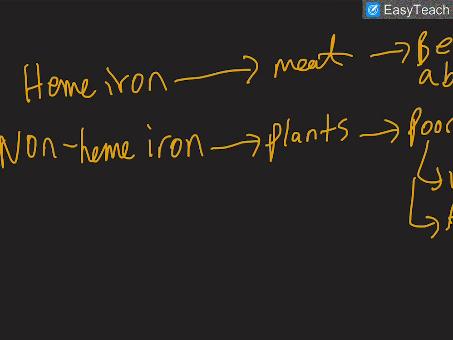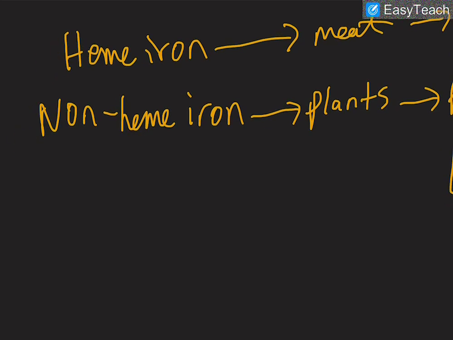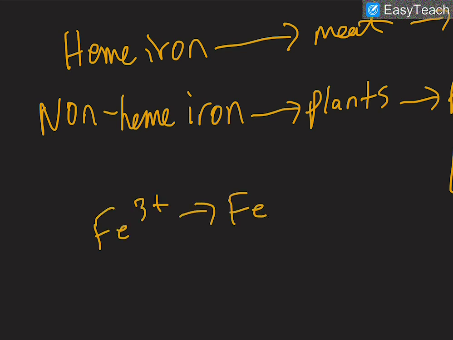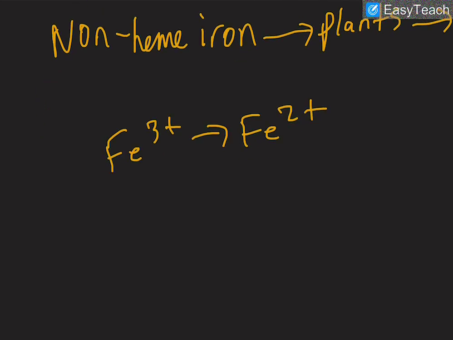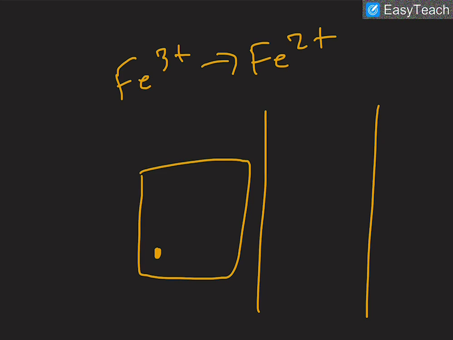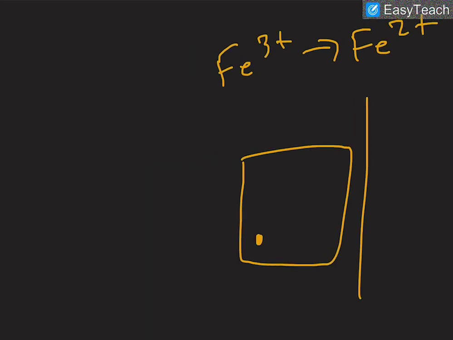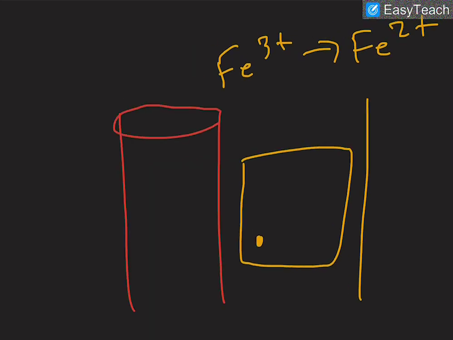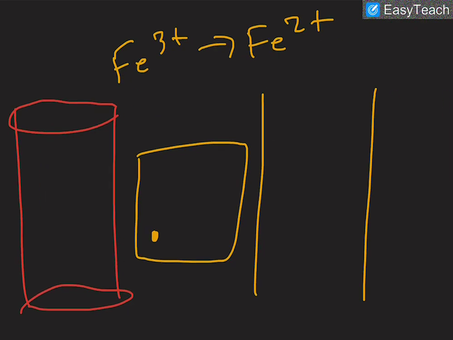So let's say you consume iron, and it comes in contact with your gastric acid in your stomach and gets converted from Fe3+ to Fe2+. Then this iron goes to your duodenum, which is the primary site of iron absorption. So let's say this is a duodenal intestinal cell. This is your lumen, and this is your bloodstream or your blood vessels. So we get iron that comes in here into your